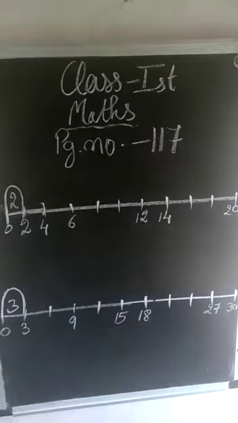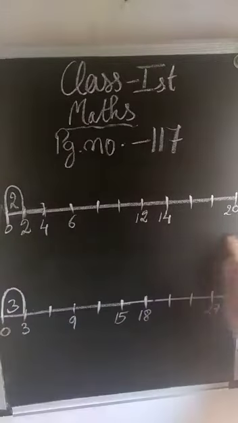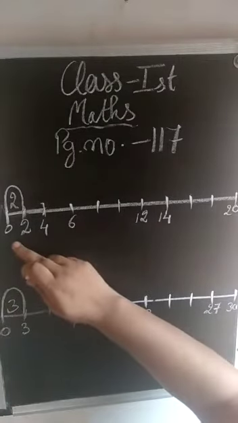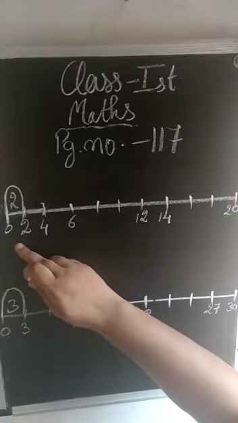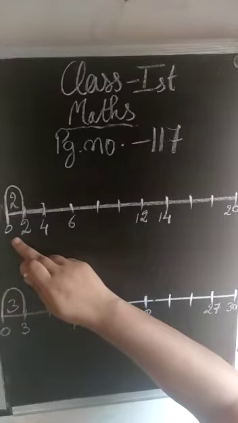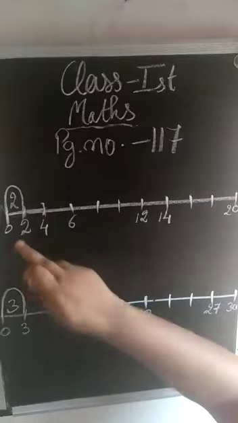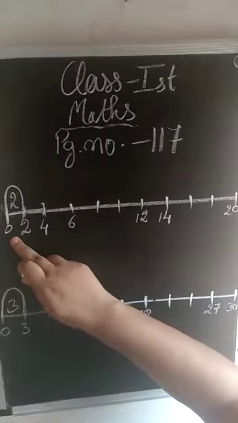Whenever we represent numbers on a line, that is known as a number line, and here they had given us the skip counting on number lines. You can see that they had divided the whole line into equal parts. And second thing, you can observe that we always start the number line at 0. From 0 we can start the number line.